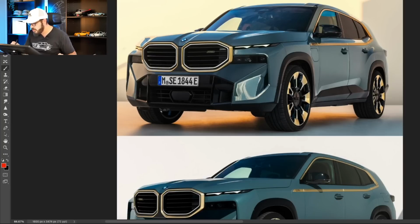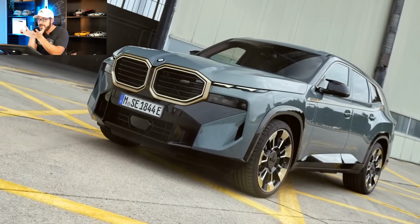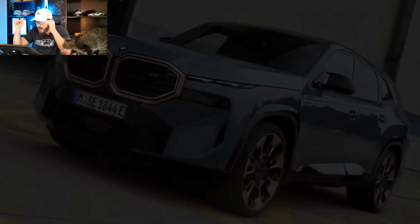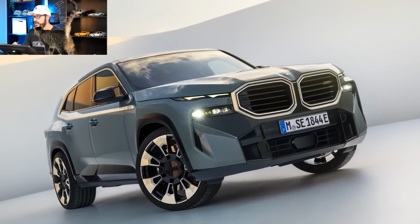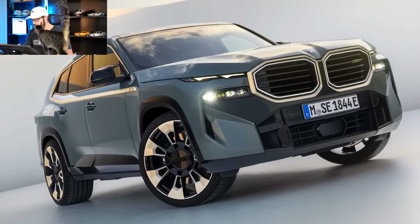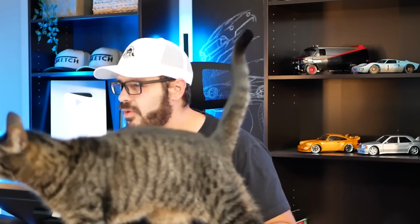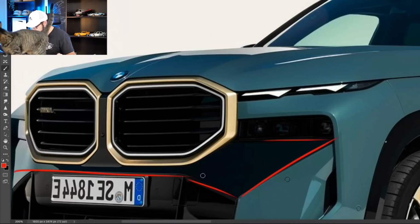I'm a little confused about this piece in the front end of the XM, because here you can see it's body colored, and I think that looks great because that gives the top half of the front end a base to rest on when we have it in body colored, and then you have it here in black. So I'm not sure if this is some option you can opt out or opt in for to have this